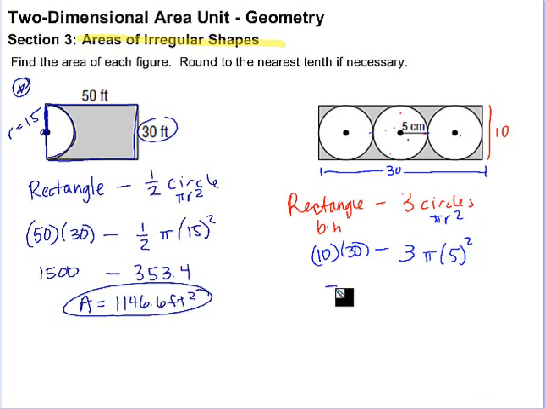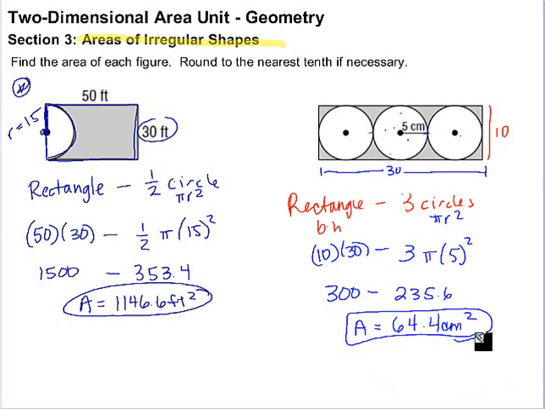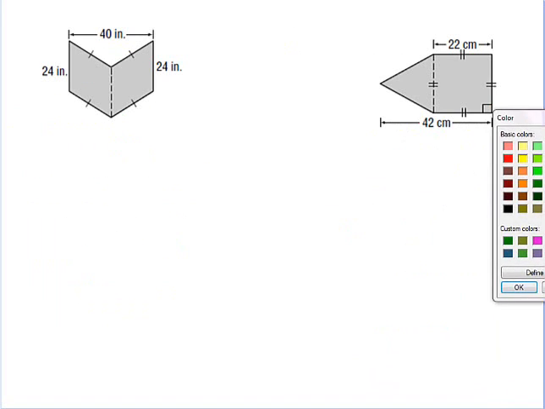10 times 30 is 300. Then we're going to subtract off 3 times pi times 5 squared, which is 25. So we're taking 300 and subtracting off 235.6. If we do that, the area of this shaded figure is 64.4 centimeters squared. All right, let's look at a few more examples. Next up,